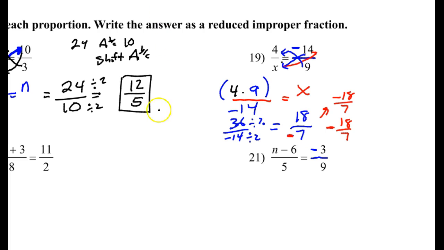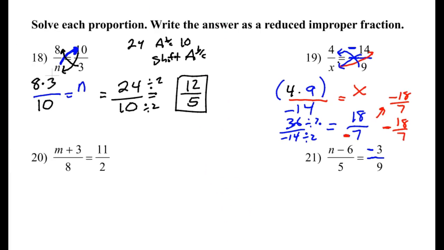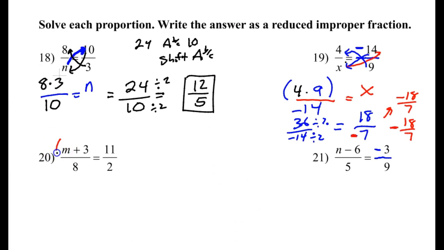Let's look at when we have more than one term on the top or bottom. We just got to finish saying if there's 2 terms, like it was here, you got to use parentheses. So same thing here. We got 2 terms, even though one's a variable. And then move everything from the bottom diagonally to the top. So I'll move that 2 and the 8. So I got 2 times what plus 3